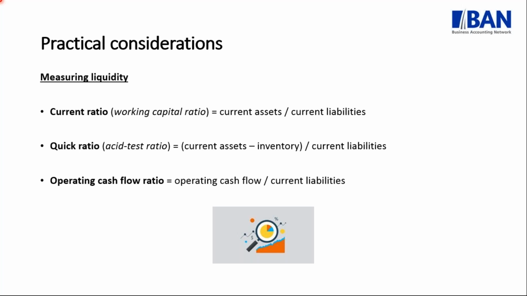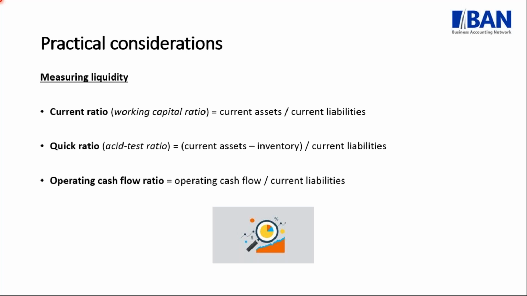The second ratio is your quick ratio or the asset test ratio. Now, this is really the best ratio to use when you look at liquidity, obviously in conjunction with your other ratios. So please don't look at it just in isolation. But what the quick ratio does is it delves a little bit deeper into your liquidity. It takes your current assets, subtracts inventory, and then looks at that over your current liabilities. So inventory is excluded. Why? Because it's the most difficult to convert to cash when compared to other current assets like cash and accounts receivable. So what you're basically looking at is how are my liquid assets covering my short-term obligations?